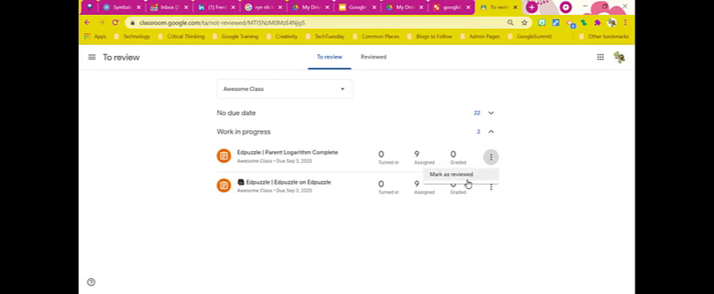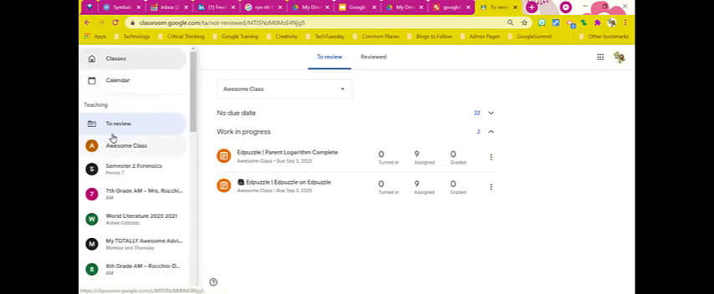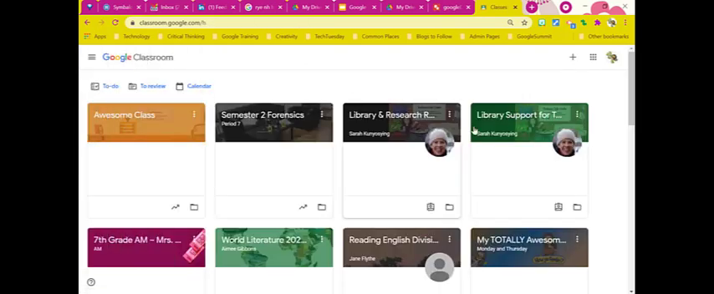The reason why you want to return it is because until you return the assignment back to them, the ownership of that transfers. So you are the owner until you return the work, and then the student is the owner. So you want to make sure that you grade and return all the work. Once you've graded, returned, and reviewed all the work, you probably would want to